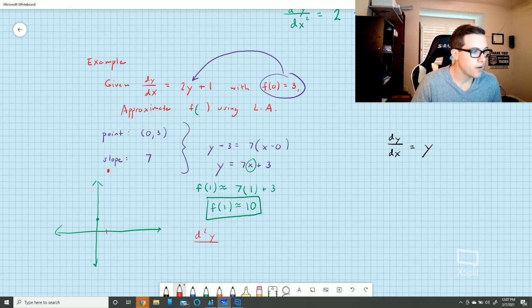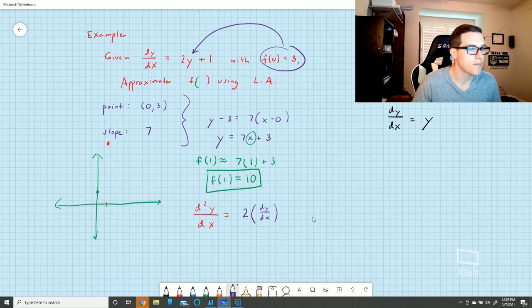So the second derivative is equal to, take the derivative of the differential equation. Derivative of 2y is 2, but don't forget dy dx. We took the derivative of a y term. Can't forget that stuff again. And then we plug the derivative equation back into this. So this is all that implicit differentiation stuff we haven't seen for a while. We did spend a lot of time here though. And then we get